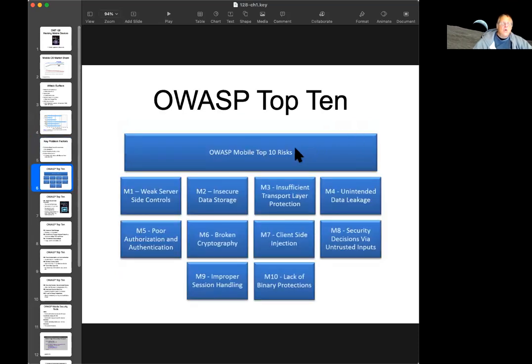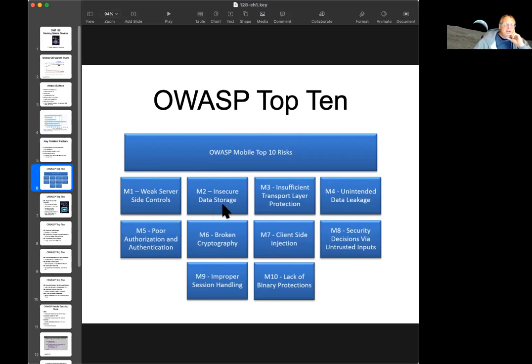So there's an OWASP mobile top 10 risks, and this is an older version of it that I thought was quite good. The number 1 vulnerability on your phone is not on the phone, it's on the server. The requests made to the server to retrieve data are often poorly designed and leak out data.